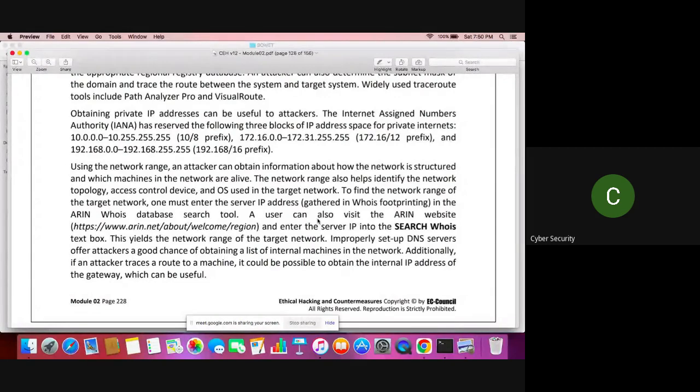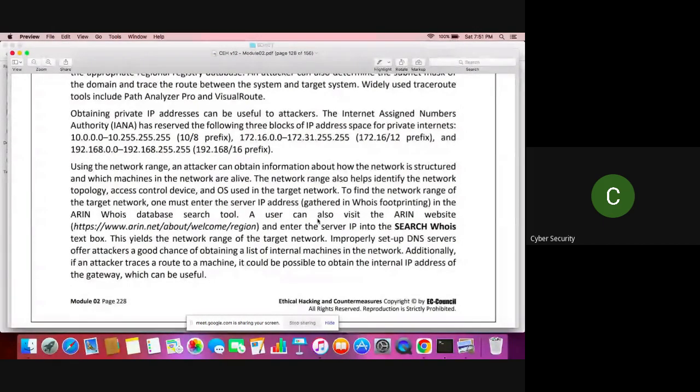They will now enter the network range in the tool they want to use to scan, and run it, and that will give him a good idea of how many devices are within that particular network. So that's the advantage of